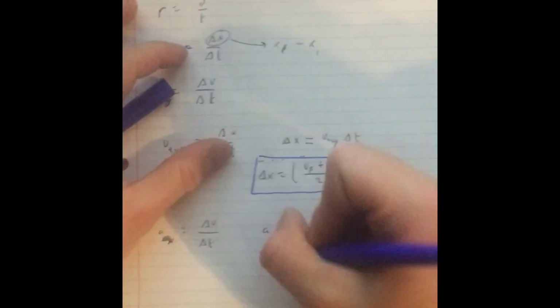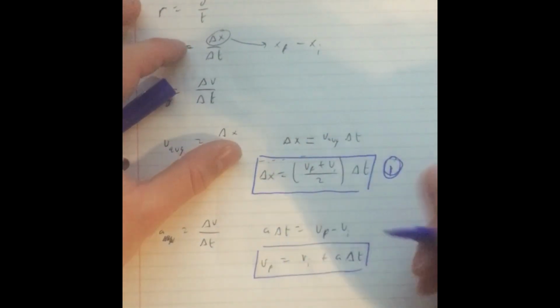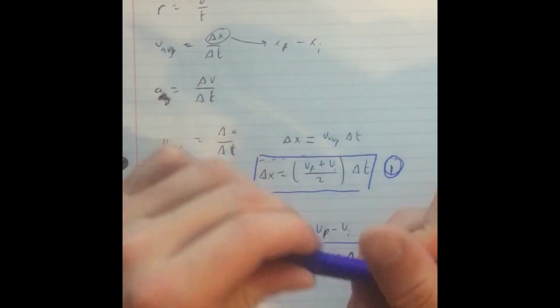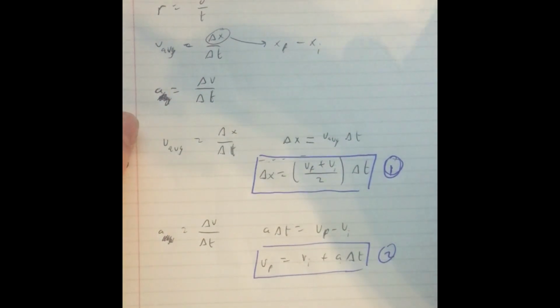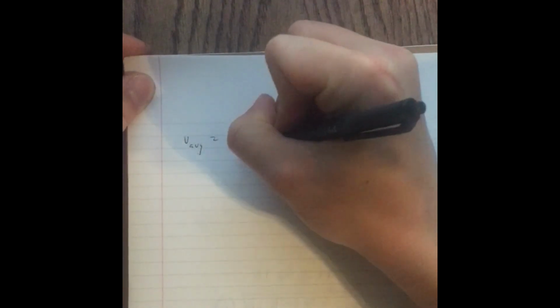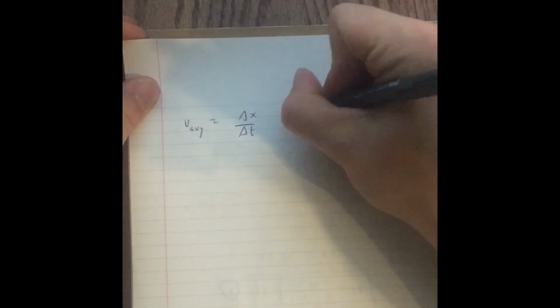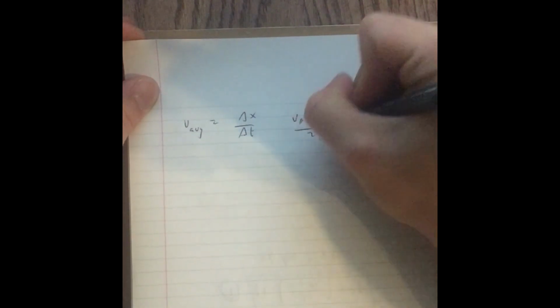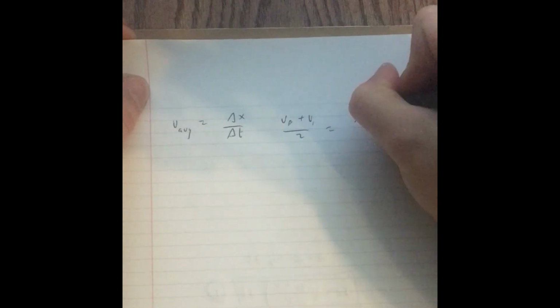So here is equation 2. Okay, now that we've done that, let's move on to equation 3 here. In equation 3, we have average velocity equals displacement over change in time, and then this will just be final plus initial velocity divided by 2 equals displacement